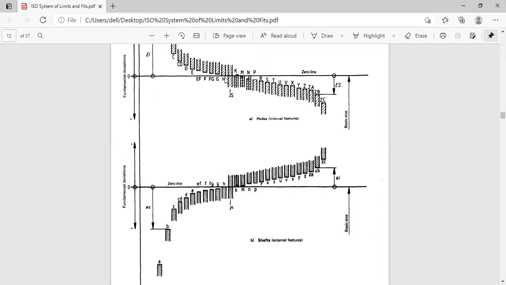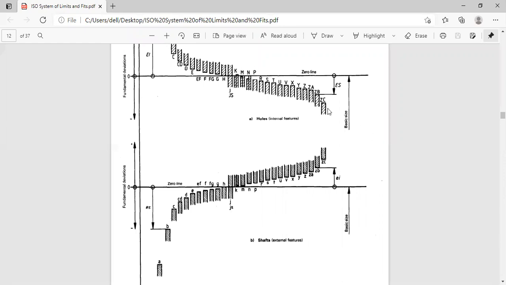For the hole based system, hole size is kept constant and the shaft sizes are varied. A basic definition, and the second definition, what he has told, is that the associated tolerances with various tolerance classes of shafts are varying. Both the definitions are valid, but you try to present the correct definition as in the textbook. You may be asked to differentiate between the hole based system and shaft based system, apart from individually being asked to explain the hole based system and shaft based system, because it's very important. I am repeating that. So you have to know all this.